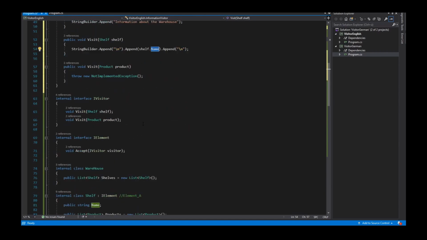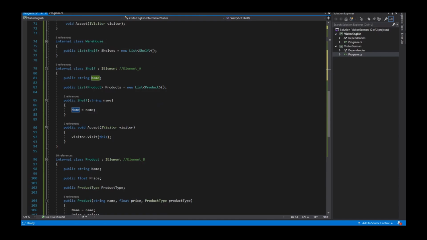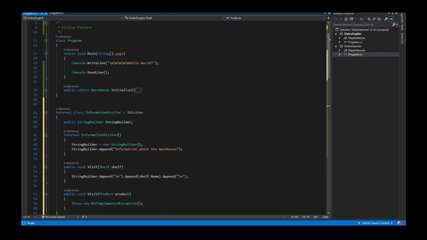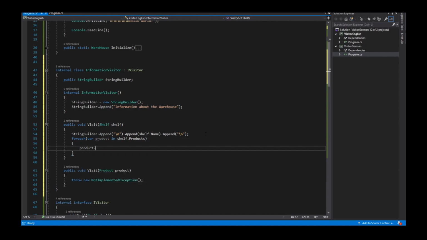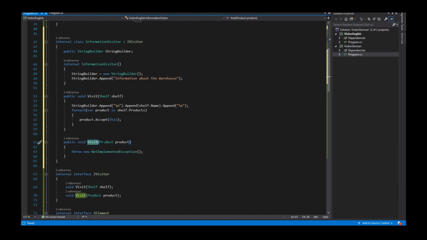The name is only a property in my shelf class here, and we see we have also the product. So inside my visit method here, I create a for each loop, product in shelf dot products, and for each product I call the accept method, and as an argument I use the instance of the current visitor. So when I call this method, I come to this method here, which gets as an argument the product,